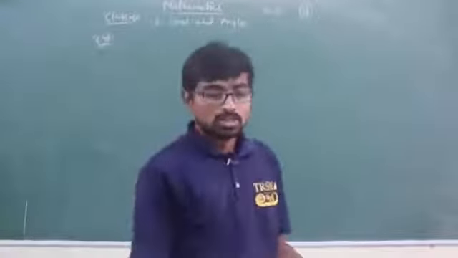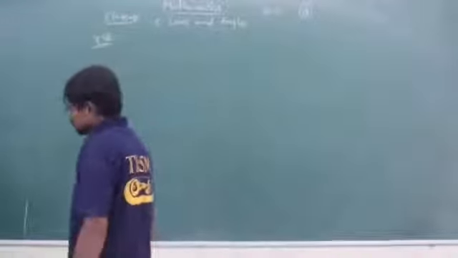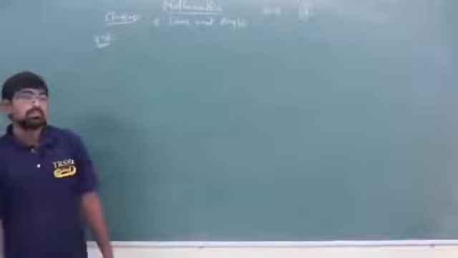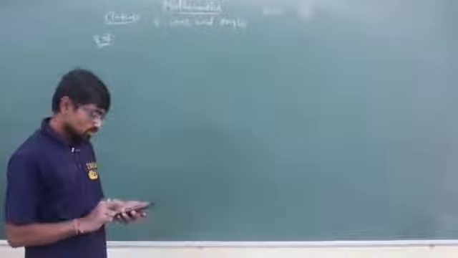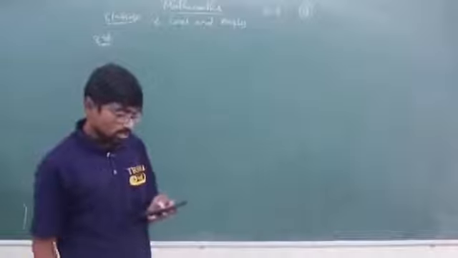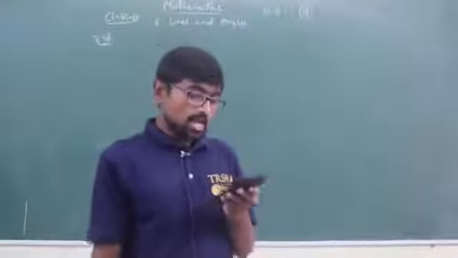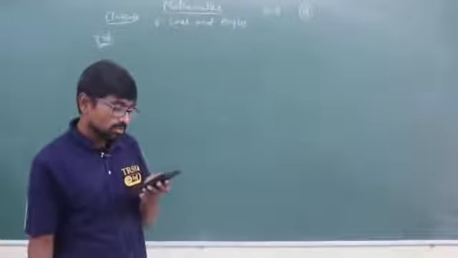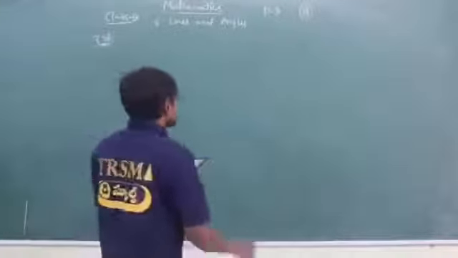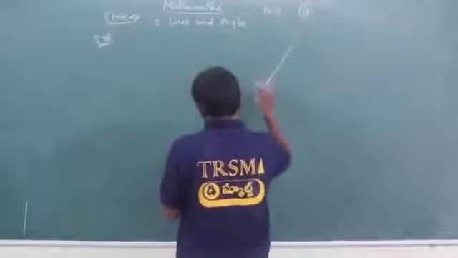As we have started exercise 4.3, we have completed a few problems in that. Now we are going to solve question number 8 from that. The question is: in the figure, the arrowhead segments are parallel, find the value of x and y. So see here, in this figure, here I am drawing the figure.